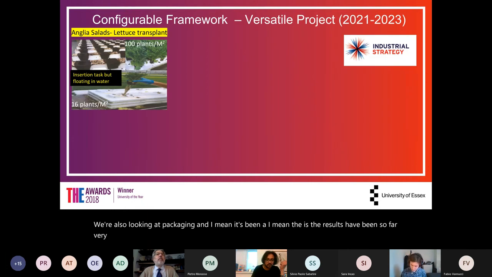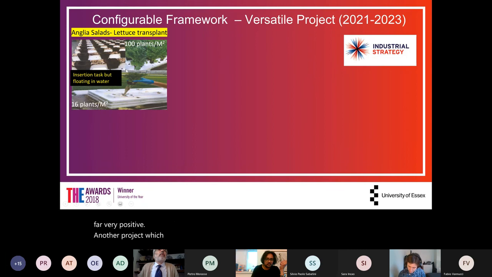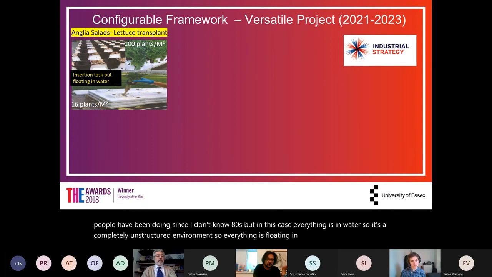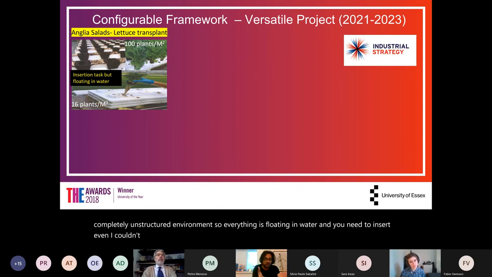There is another project which I'm doing, a kind of insertion task, a peg in hole insertion task, which people have been doing since, I don't know, the 80s. But in this case, everything is in water, so it's a completely unstructured environment. Everything is floating in water, and you need to insert. Even I couldn't do it. I tried to do this task myself, and I couldn't do it. So imagine getting a robot to do some kind of task like this, and it requires closed loop